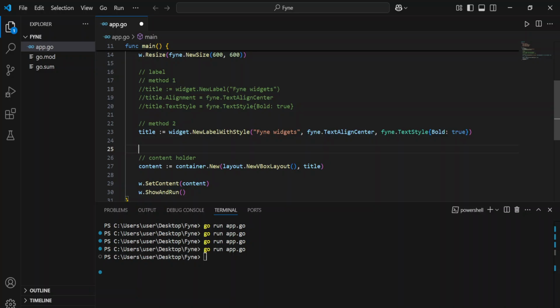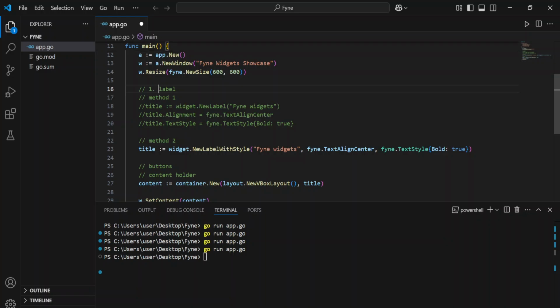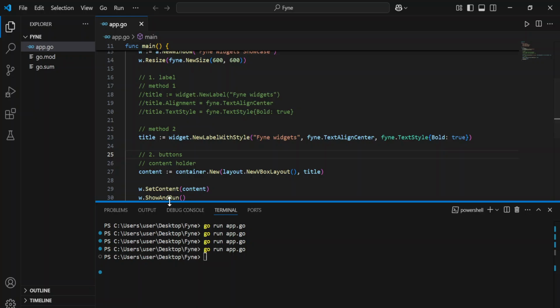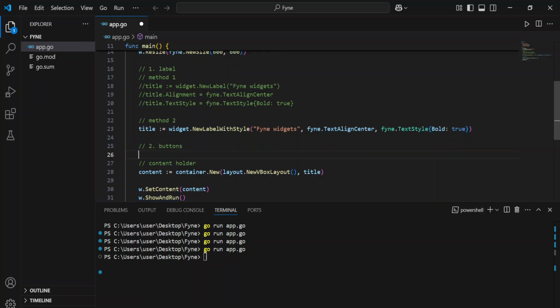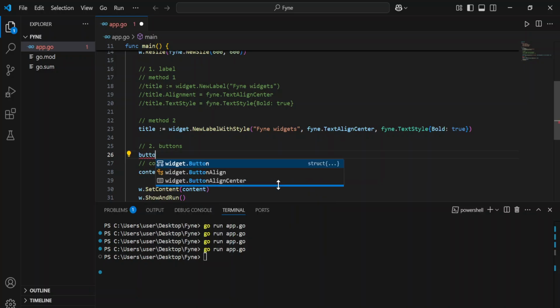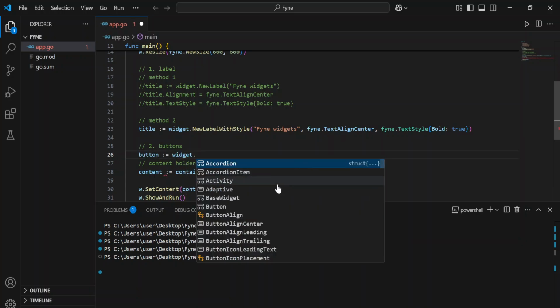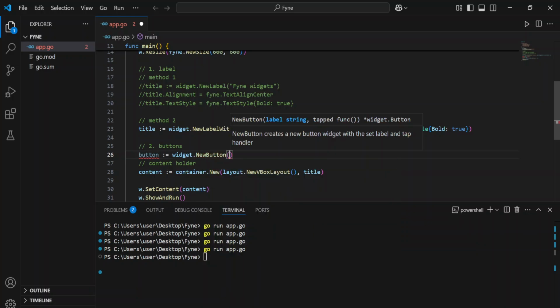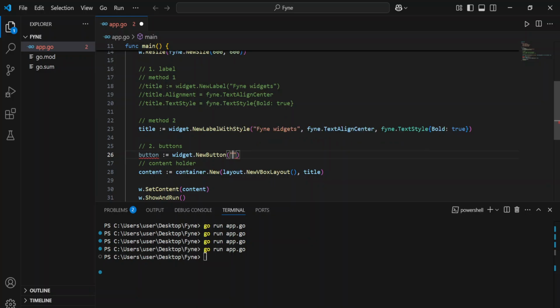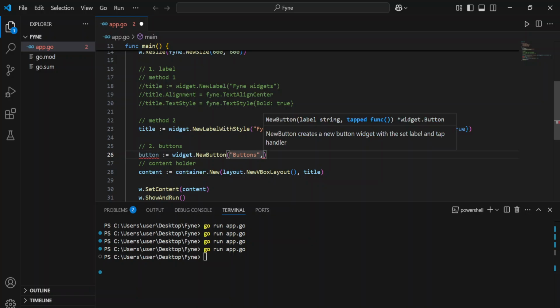Now for the second widget, we have the buttons. We can call this one, then we can call this 2, buttons. It's so easy to define buttons. You can just say, let's say button, then you create this, and then we're going to say widget.NewButton. Simple as that. So we need the label, you can just call it buttons. Now as for buttons as well, you can define a normal button, and you can also define a button with an icon. So we can just start with the first one, the button,